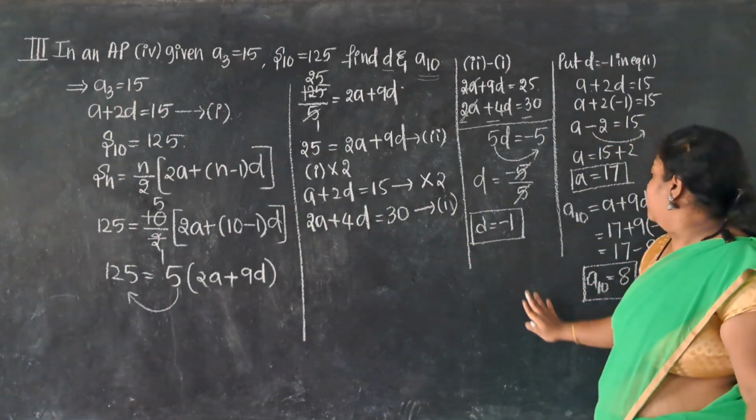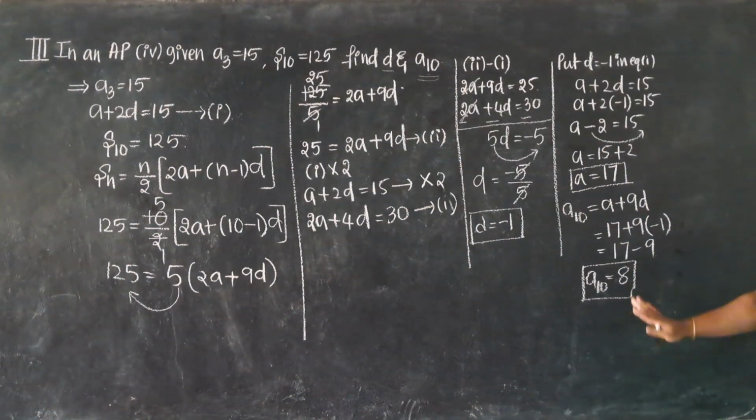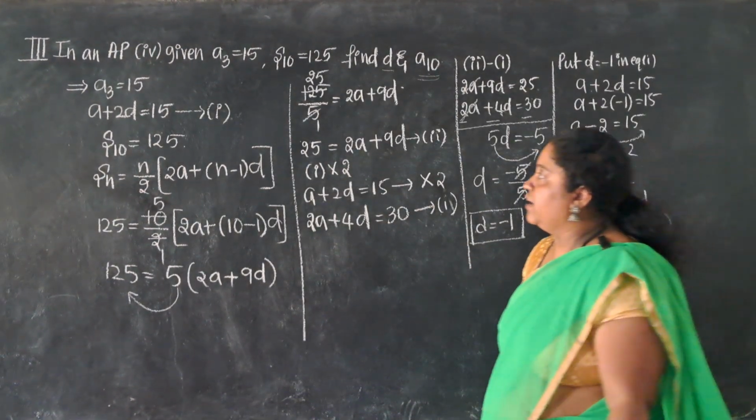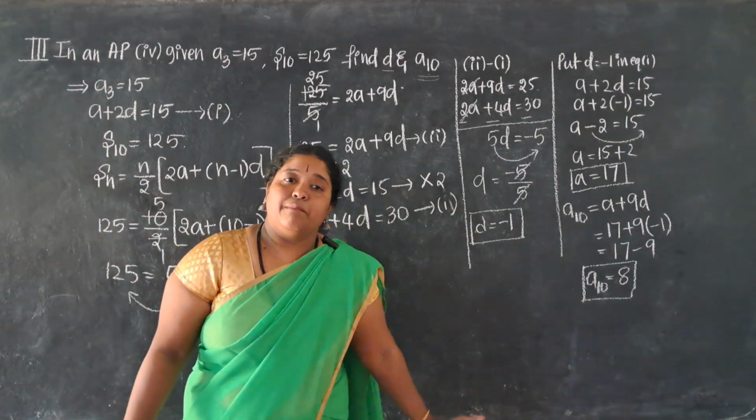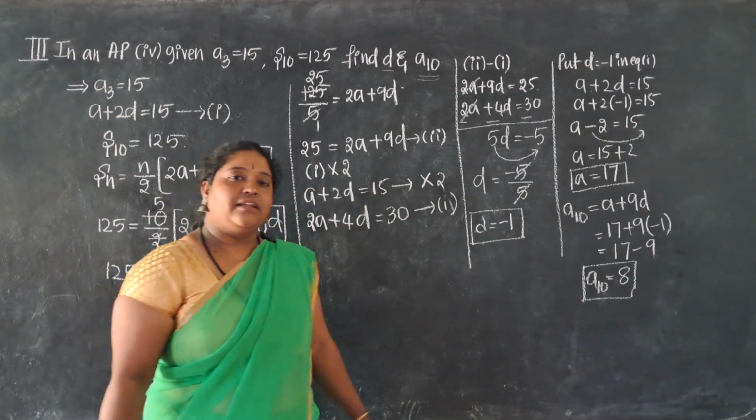Okay, now this is how you should follow. Copy it down very properly without any mistake and practice it 2 to 3 times. Understanding? And if you have any doubt regarding this type of question, please do write in the comment section. I'll take it up and simplify. Fine? Okay.